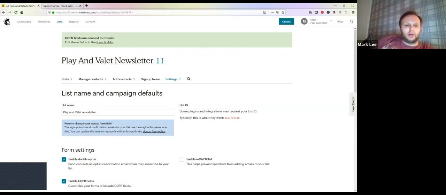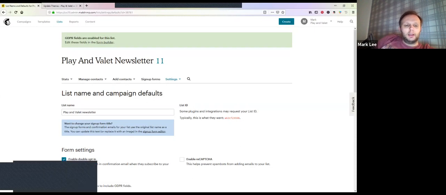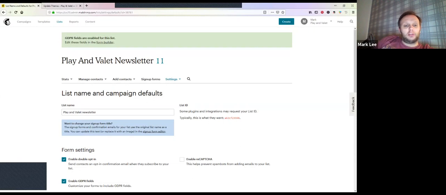Okay, so we've turned on the MailChimp GDPR fields, and we're going to go over sort of what this is intended to do, and how we can actually still be GDPR compliant without using this GDPR setting. So,